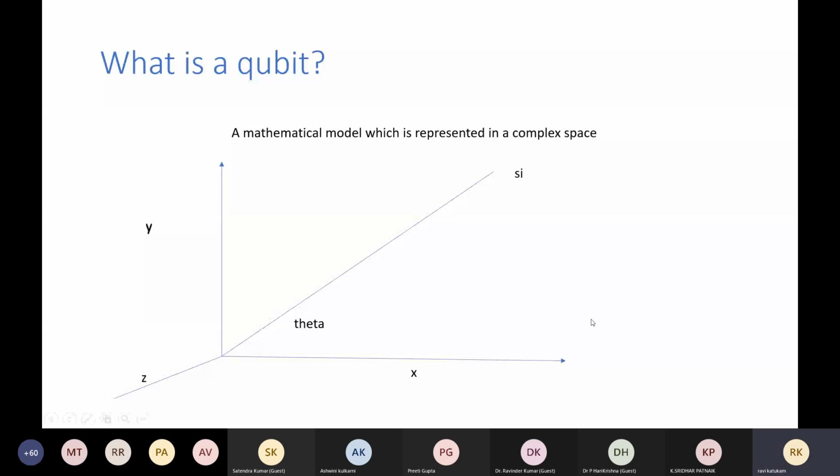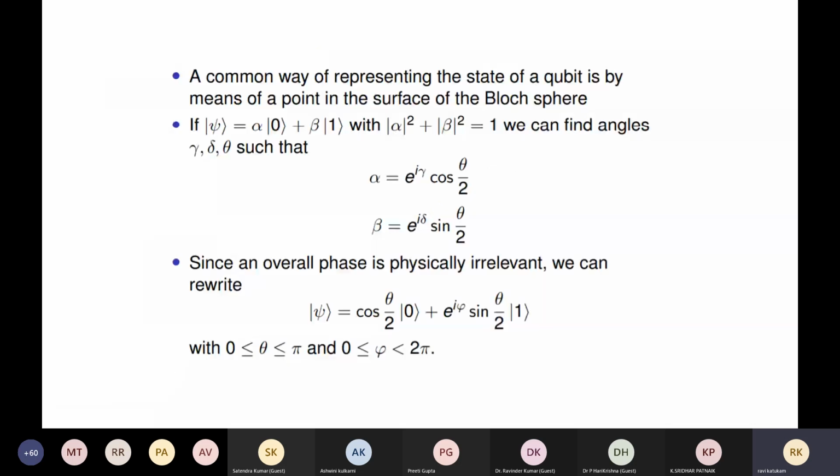And in general, at a high level, at the mathematical level, a quantum state psi comprises alpha and beta. Alpha represents the amplitude, how far it is from 0. Beta represents the amplitude, how far it is from 1. So alpha is equal to e power i gamma times cos theta by 2. This e power term comes because it's in a complex plane. That's why we get this e power i term. For simplicity, we divided this entire term by e power i gamma. So then we have a single e power i phi. That is called local phase.